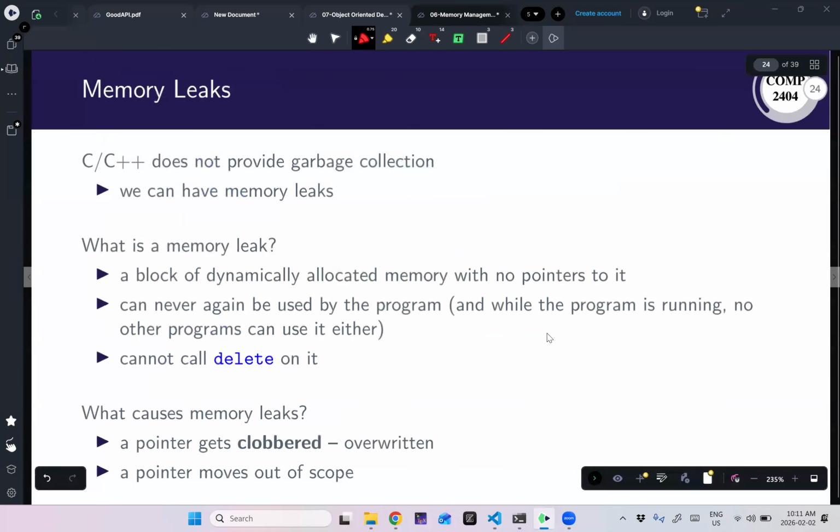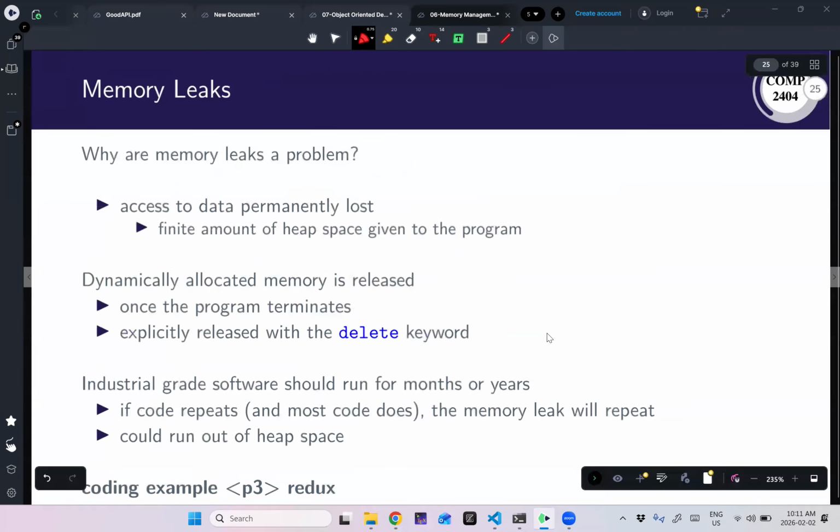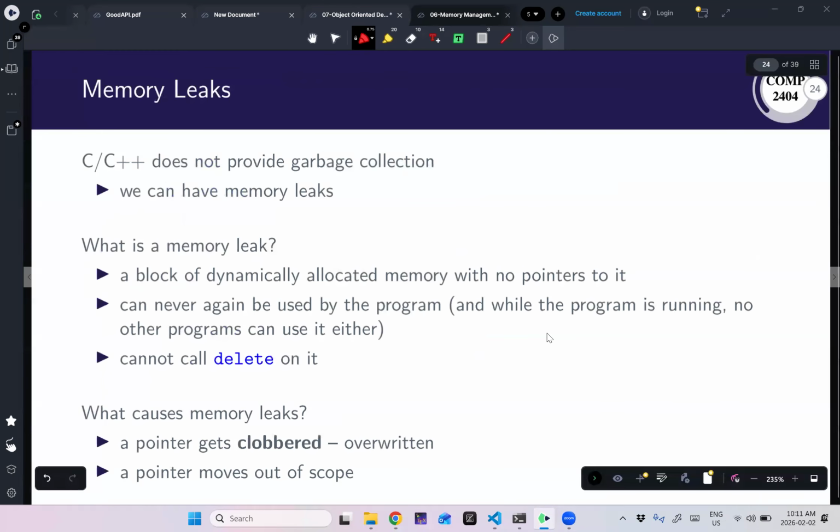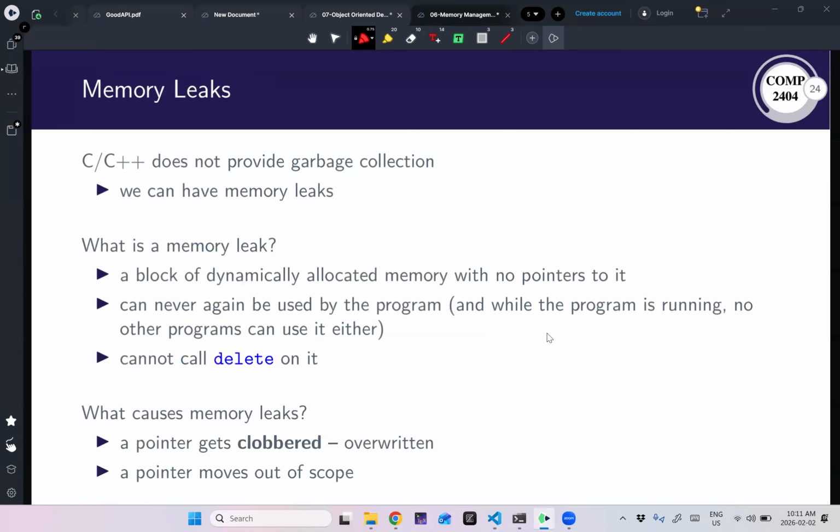Where did we leave off? Oh, yes. So now that we're putting a lot more stuff on the heap, we have to worry about memory leaks. So what is a memory leak? A memory leak is basically I put something on the heap, I have a pointer to it initially, but then somehow I lose that pointer. That means that piece of memory, I can no longer delete it, I can no longer access it or change it. It's completely useless until my program ends, right? I can't use it, other programs can't use it, it's just gone. So we want to avoid that whenever possible.